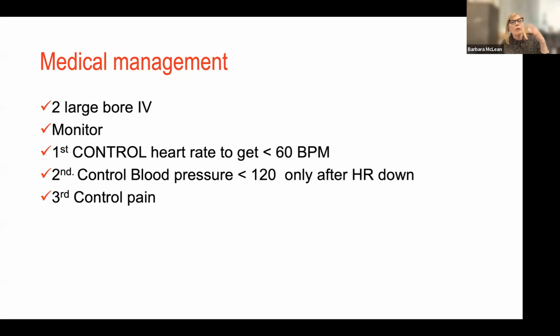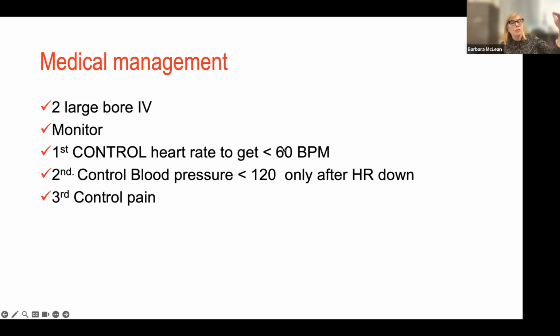Put the patient on the monitor, make sure you're monitoring. But remember, very first control, get that heart rate below 60. So beta block, calcium channel antagonist, maybe both together. Second, once I've got their heart rate down, so maybe they were 120 and now they're down to 70, you're going to titrate up on your beta block, you're going to titrate up on your calcium channel block,